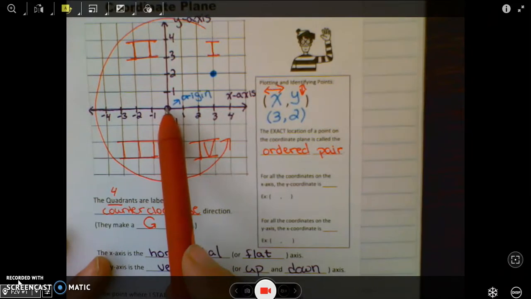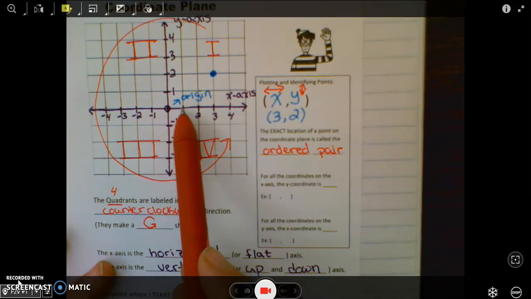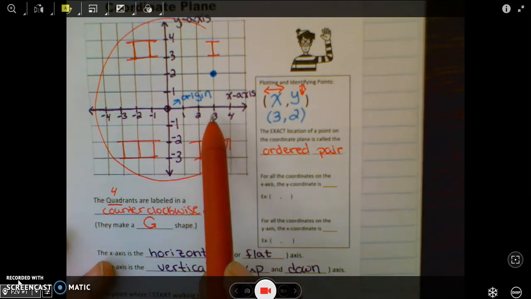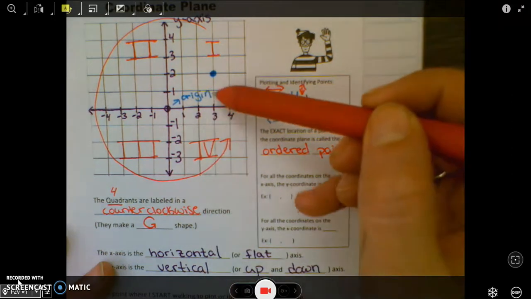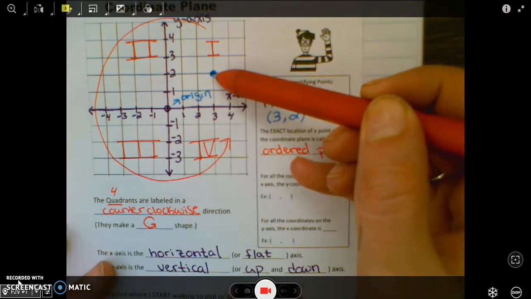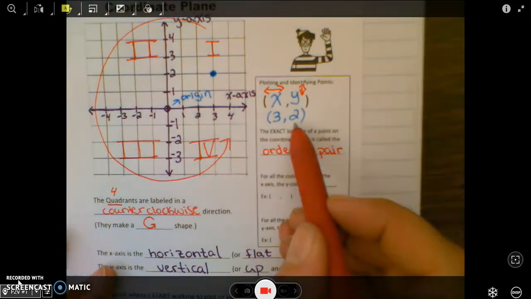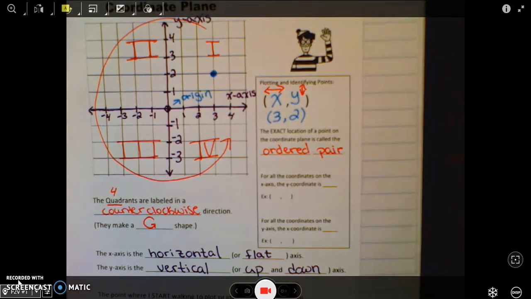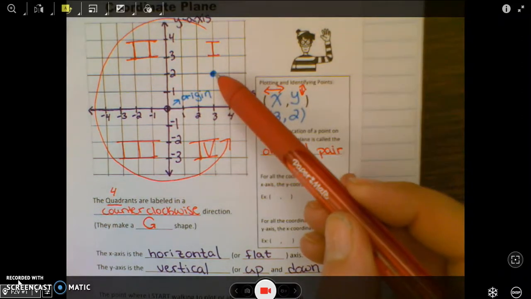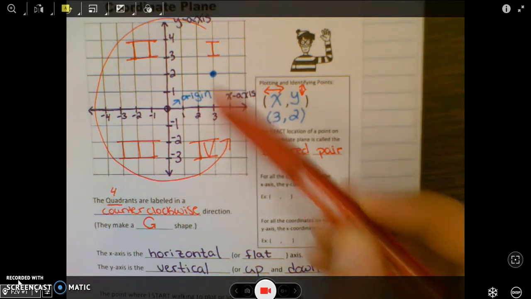You would start at the origin at the center. You would go to the right 1, 2, 3 spaces, so it lines up with the 3 on the x-axis, and then go up 2 spaces, so it lines up with the positive 2 along that y-axis. And I would say that that coordinate is at (3, 2), and that's how I would describe how to get to that point. I'm giving directions. So this whole theme is where's Waldo? If this is where Waldo is, how do I find him? Where is Waldo? He's at 3,